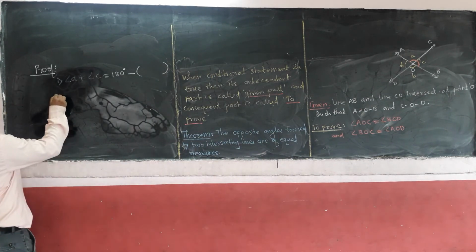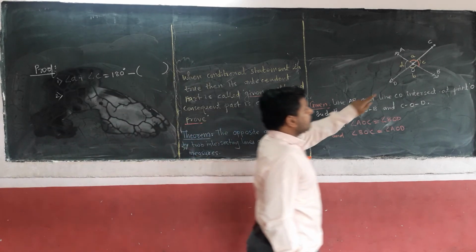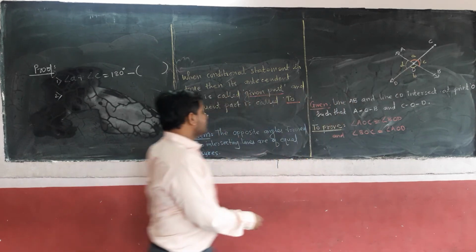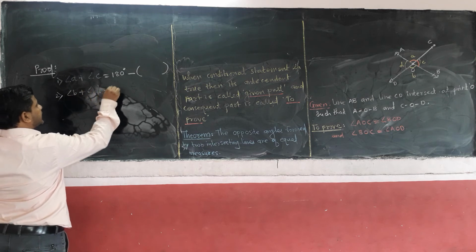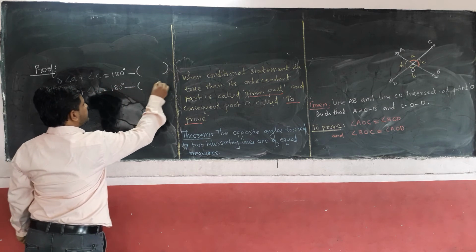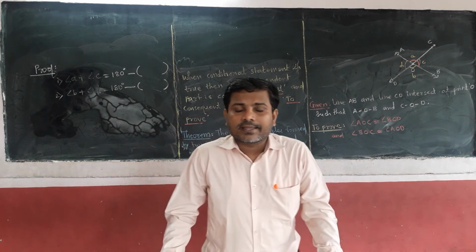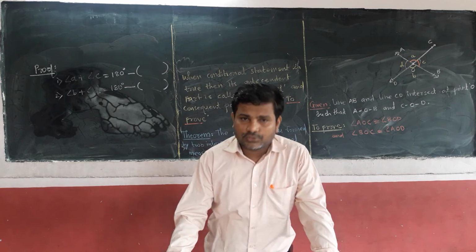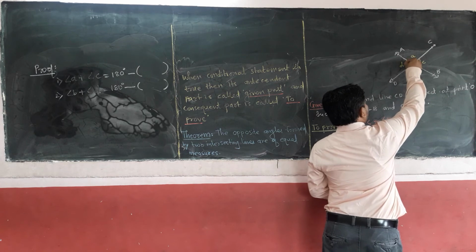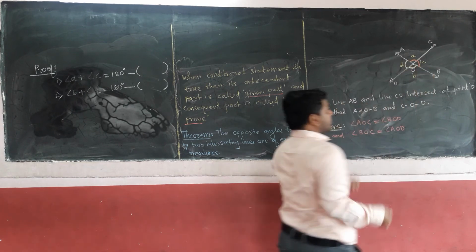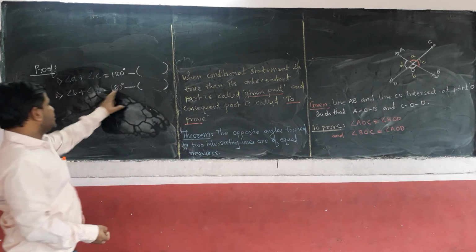Now try to find out what will be the second statement. Yes, angle B plus angle D. What is the addition of these two angles? Correct, it's 180. Inside this bracket again the reason will come. What will be the reason? Angles in linear pair, because both these angles are formed on the same line. You can see here. See here, I will show you with the white chalk. This angle and this angle form a protractor. Inside a compass there is a protractor. What is the measure of that protractor? It is 180 degree. So addition is 180 degree.